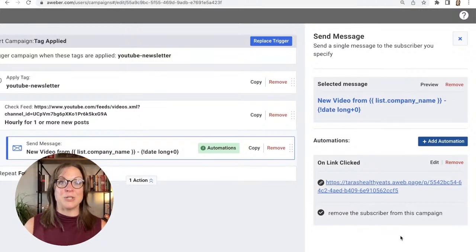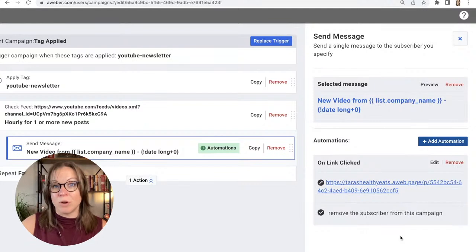Now remember, make sure you do that with every single email in your welcome series if you want to allow them to continue to opt out of those emails. But I'm going to take one more step because I want to make sure that in my AWeber account, I know that this person opted out. They made the decision to do that. Even if they stick around as a subscriber for months, years, even longer, I want to know that at some point they had made the decision to opt out of this campaign so that I don't accidentally just dump them back in and cause irritation.